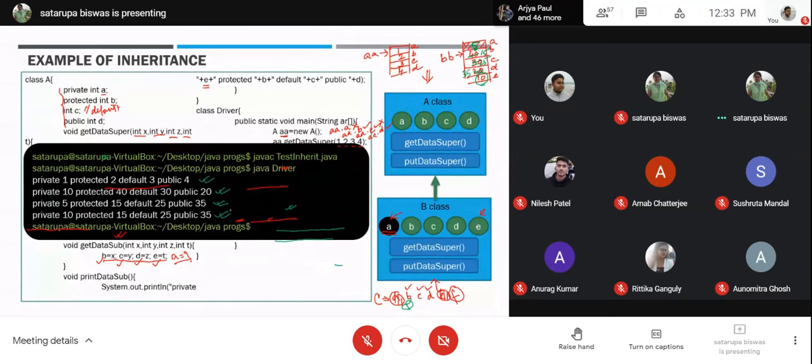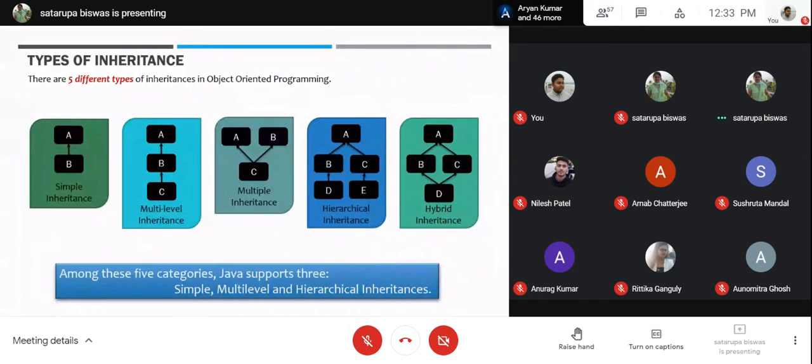Okay, so here we come to the types of inheritance. Again, we are going a level above Java. These are the common types of inheritance present in any object-oriented programming. There are 5 categories.